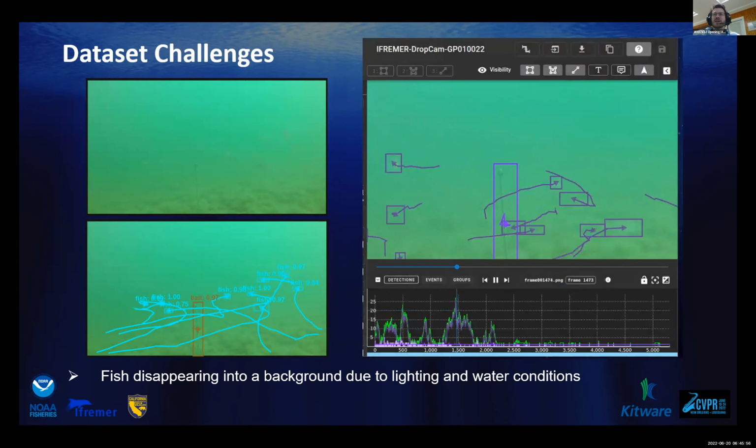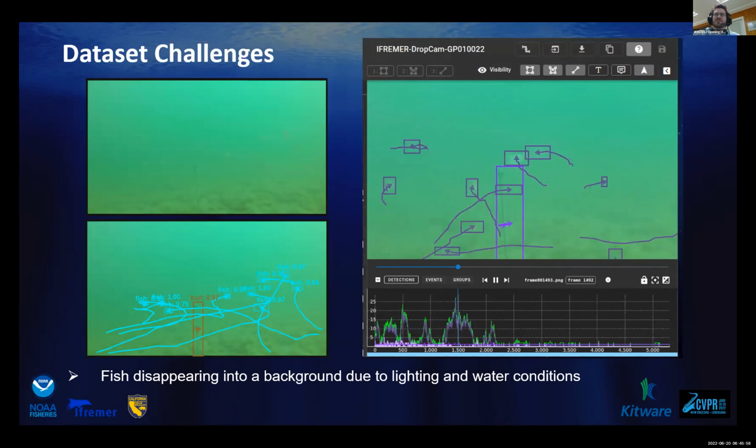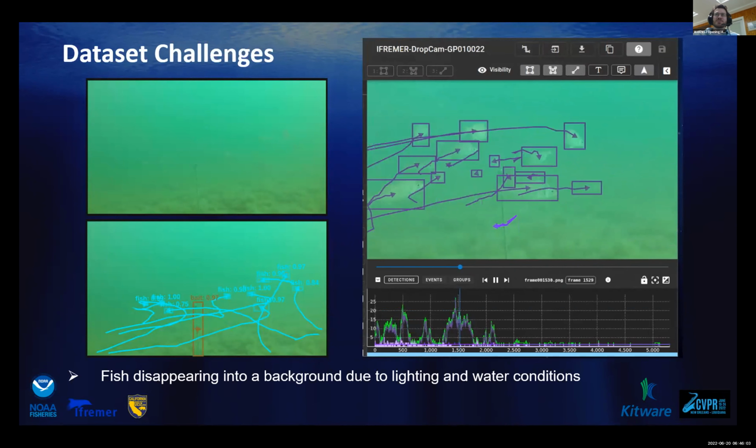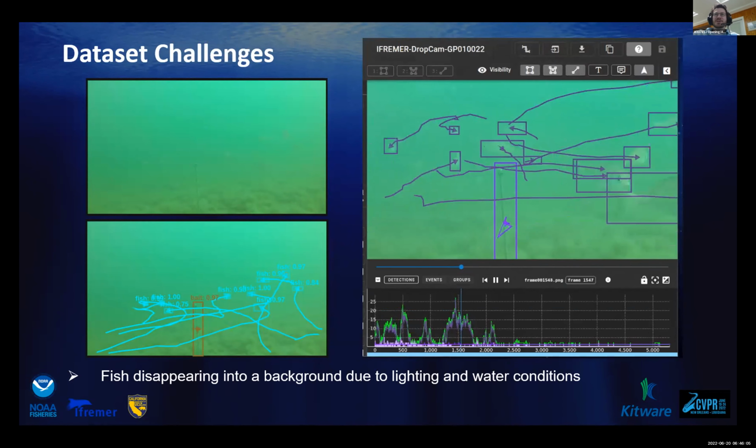They might not be present. And again, you might just see a subtle motion signature, which actually disappears and you can no longer see the fish. And then you see another blob emerge, which might be the same fish, might not. But